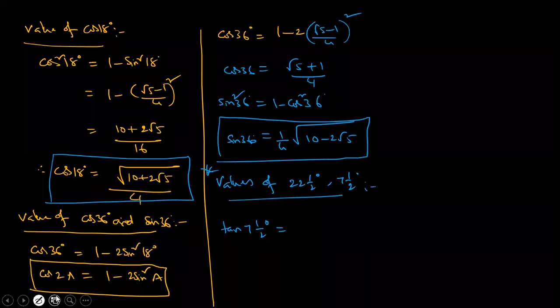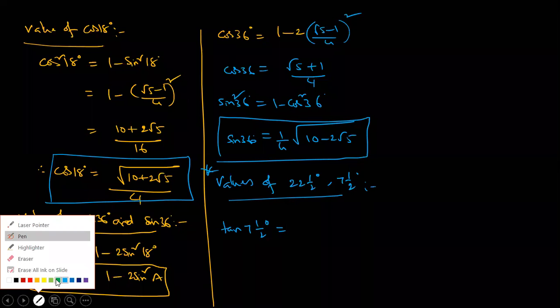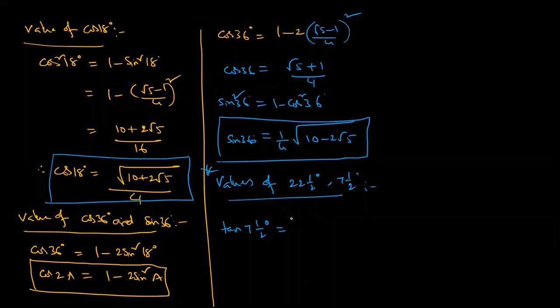So, see, listen carefully how to approach. I'm explaining. First of all, this one I can write as sine 15 degrees by 2 divided by cos 15 degrees by 2. Here one more step is required. In this case, multiply and divide with cos, or multiply with sine. Multiply and divide with sine or cos. Which one is suitable?